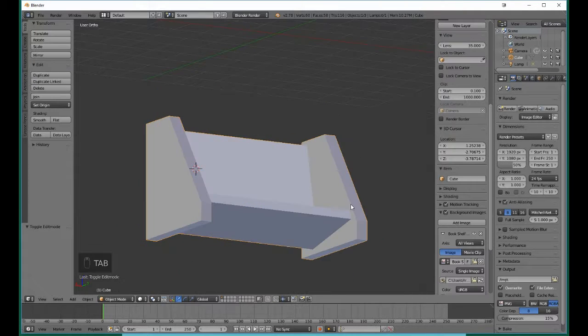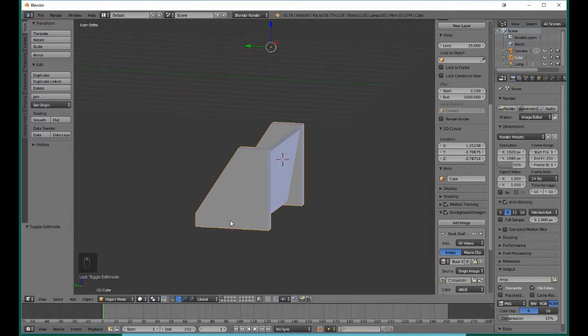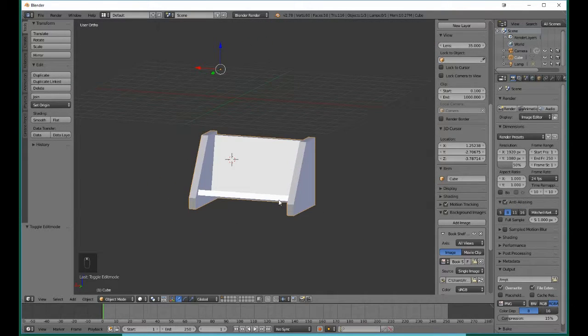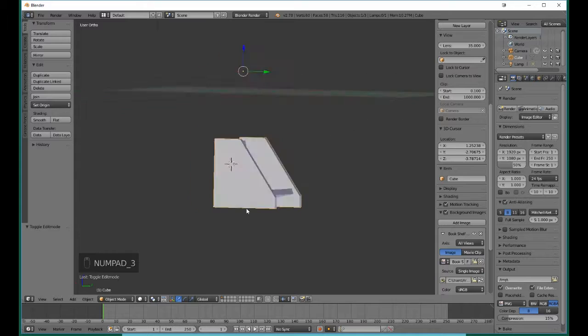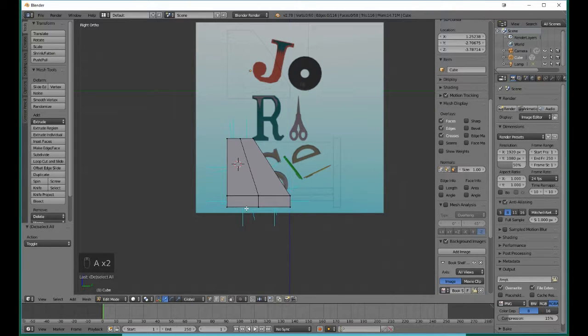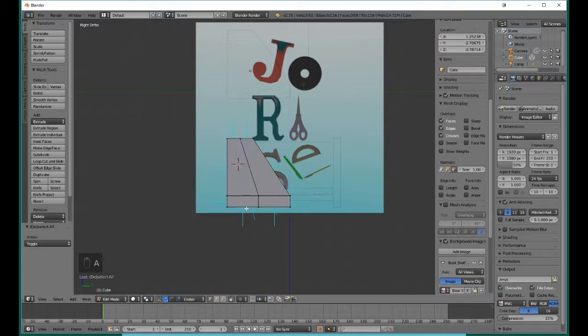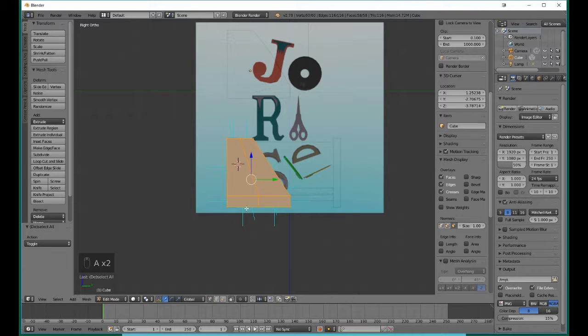We can hit the Tab key to go into Object Mode. And the one thing that we need to fix is that the origin point for the model is way up here instead of down here where it should be. So to fix that, we need to go into Side View, grab everything by pressing A twice. Once gets rid of the current selection, the second time